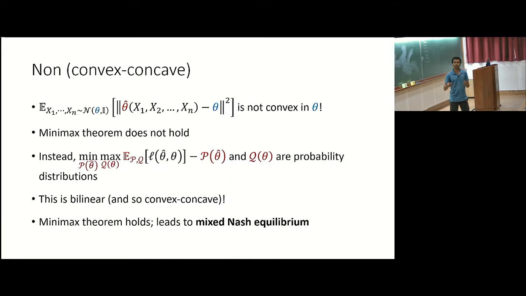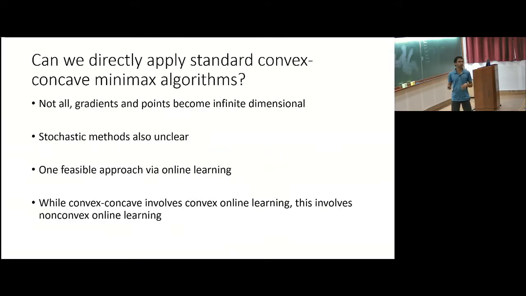So we are totally happy to have this probability distribution here, and so we are okay to solve this problem. Okay. So now that this is bilinear and so convex-concave, can we directly apply the standard convex-concave minimax algorithms? And it turns out that it's not obvious because